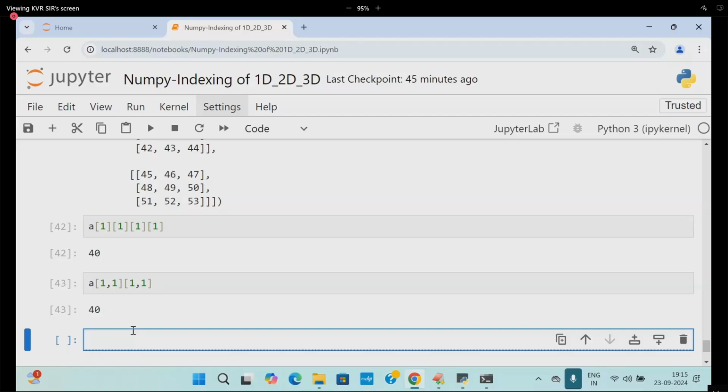Now I am entering into the concept of slicing. Shall we start? Good. What is the meaning of slicing?